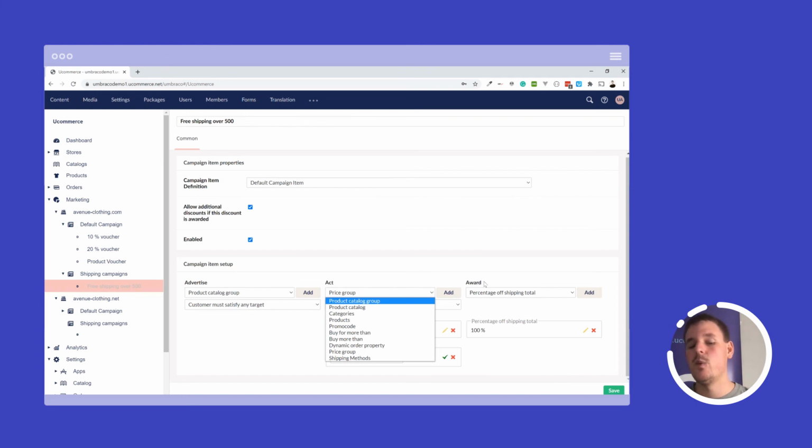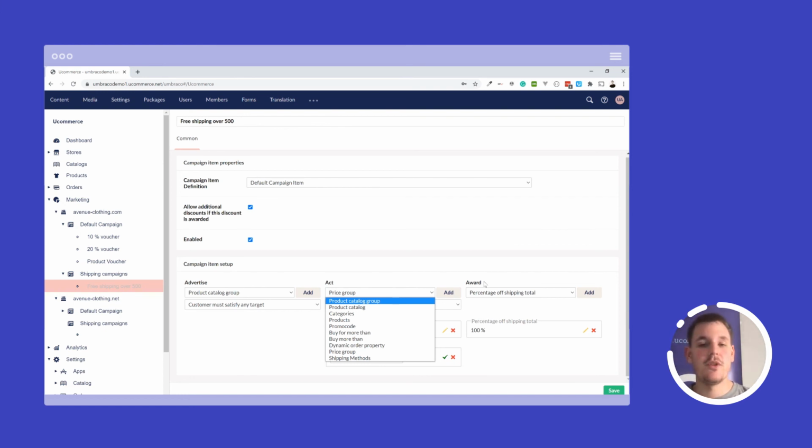In case you find a rule that does not belong here, or you need a rule that will not be possible without custom code, then developers and web agencies will be able to create their own targets or awards based on whatever you need. One great example of a customer that did that was a company that was selling winter tires, and they wanted to have the discount based on the temperature in the air.